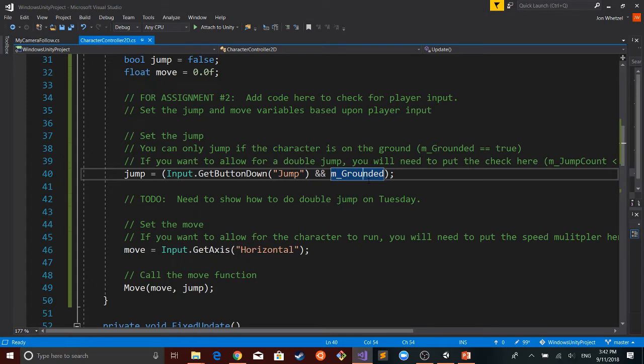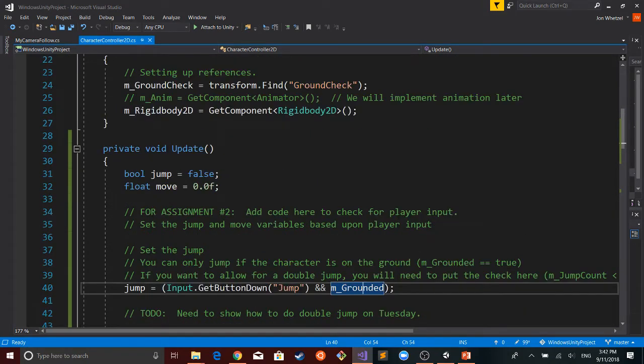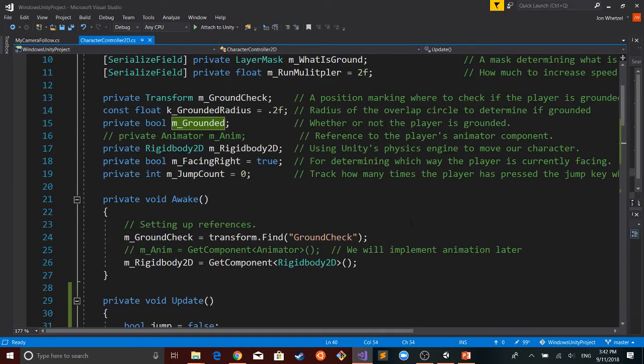And so the way that we want to set this up is now we want to have multiple jumps. As you're in the air, you should have the ability to hit the space bar again and launch yourself even further into the sky. But we want to limit it to a finite number of presses.